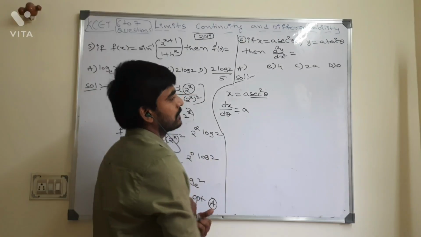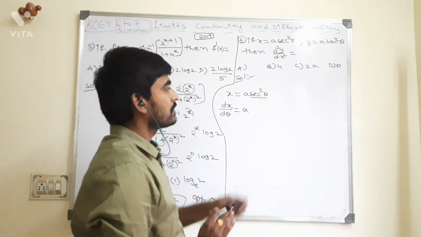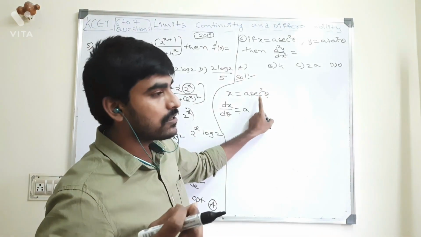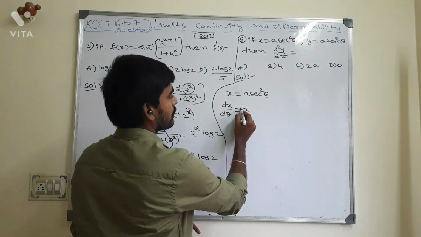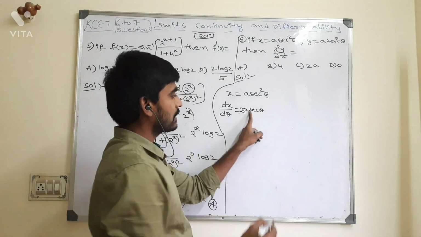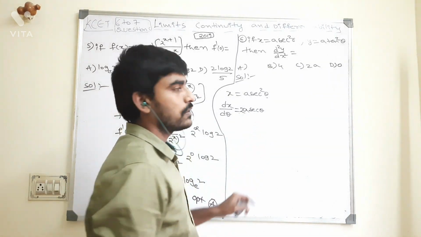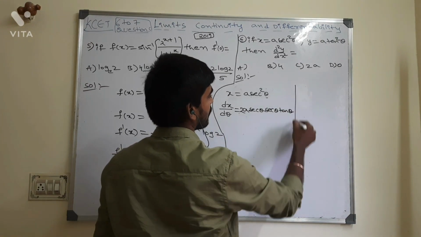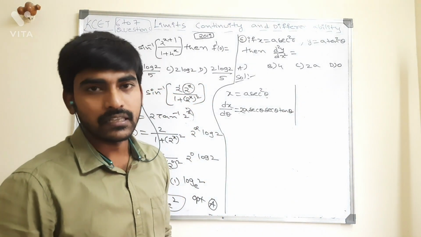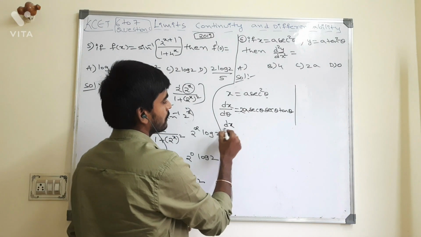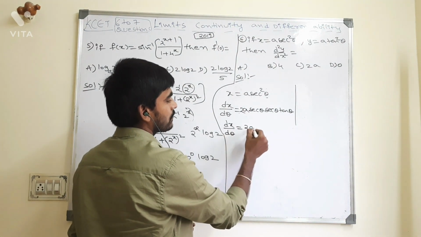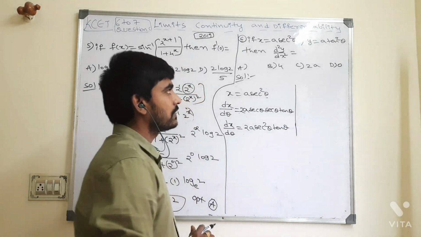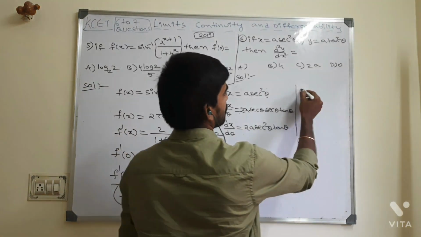Solve them. A secant square theta. It looks like x square. Derivative of x square is what? 2x, right? So say 2 secant theta, but it is x or not x? Derivative of secant theta is then secant theta into tan theta. So dx by d theta is 2a into secant square theta into tan theta. Completed. Next I need y.